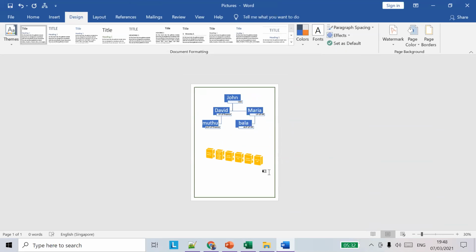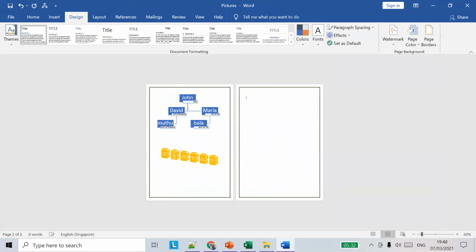Let's say I'm adding a new page. It automatically comes with the border itself, because the border is applied to the whole document, not only to a single page. So it's going to add it for all the pages of the Word document. This is how you draw a border for the page.